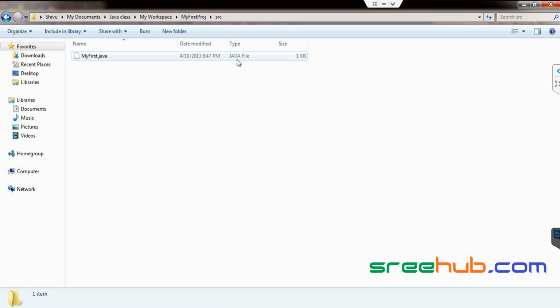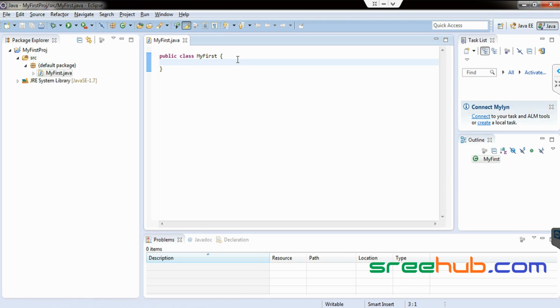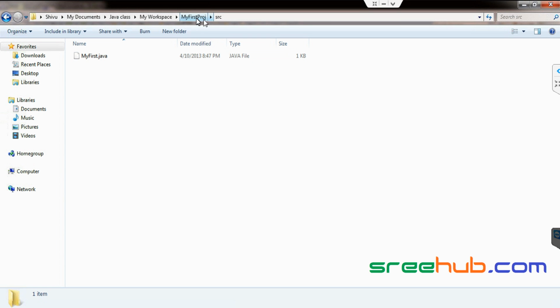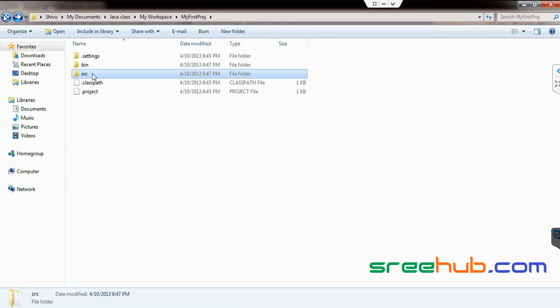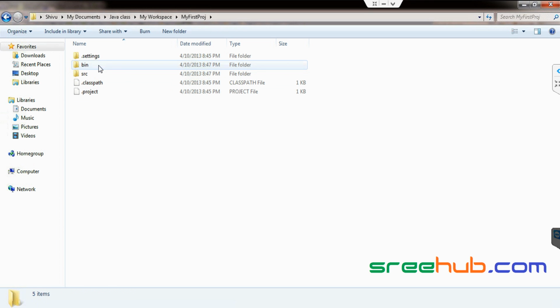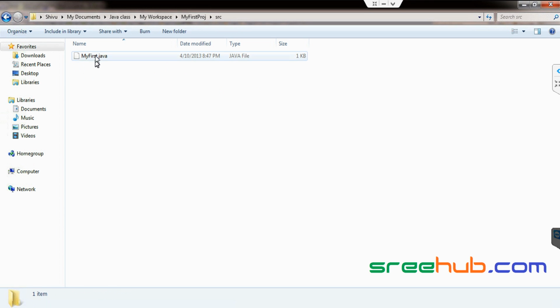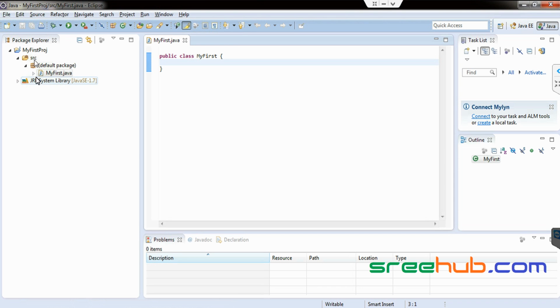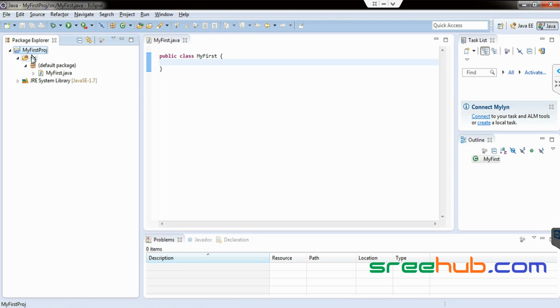It automatically does it. Can you go back? Yeah, folder. Go back. Like it's source here; if I go back, it's project here. Inside my project, inside the source, there is a file. Whatever we did yesterday with Notepad and saving, it did in no time for us. Now, inside this class,